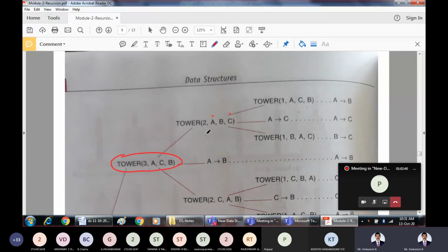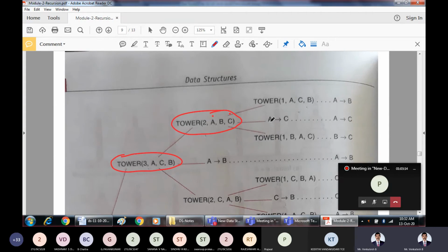Next, you have to write the recursive solution again for this. In this case, what is source? A is source. What is destination? C is destination. What is auxiliary? B is the auxiliary. What is the procedure that I have to follow? Move the n minus 1 disks from source to auxiliary, so from A to B you have to move, keeping C as the auxiliary. Those 3 steps, you always look at them in parallel, then you will follow.